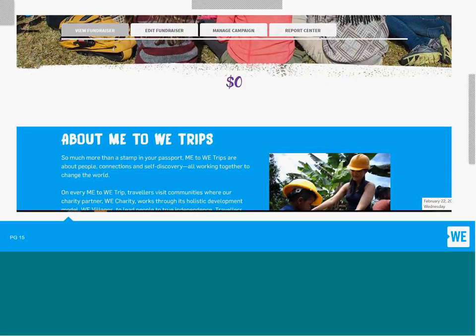Scroll from the first section. We have this white area in the middle here. This is where the bar will go to track your progress. So right now I obviously have raised $0, so I've got no bar there. But as soon as you start receiving donations, a bar will show up that will track your progress to your fundraising goal. Also read more about MeWe trips